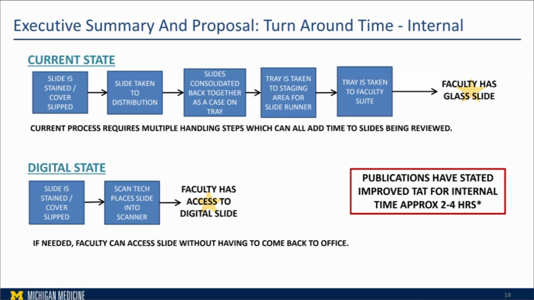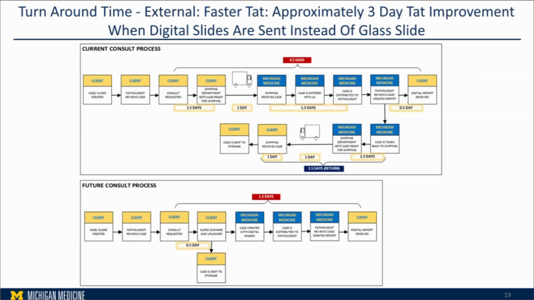The other things that we also put in the proposal is the turnaround time. For example, we show what our current state is and what the digital transformation is, and definitely we show some publications showing that you will have some cut in the turnaround time. The other thing that we showed is the